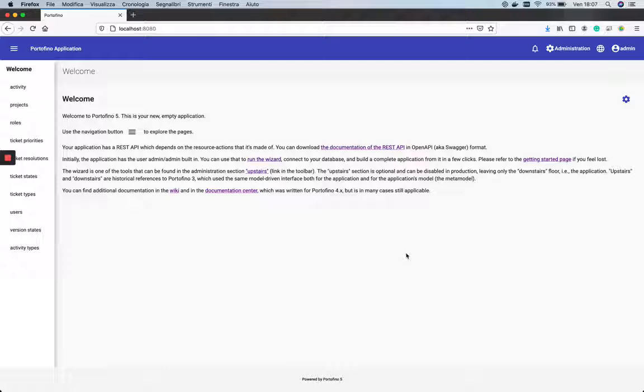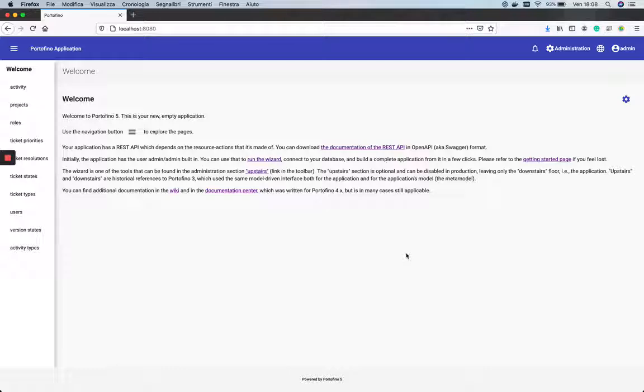This is a library which is pretty popular in the Java ecosystem, and you may already have heard about it. Now we won't be looking at Hibernate in detail, but it's useful to know about it because this means that Portofino is extremely portable across database implementations,